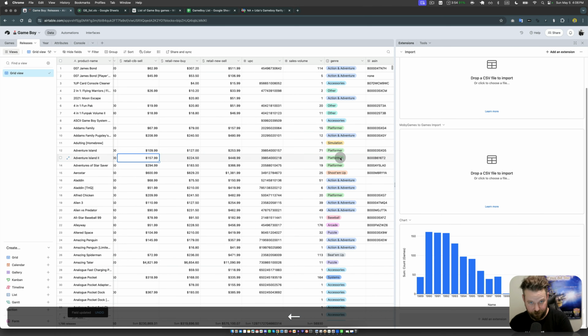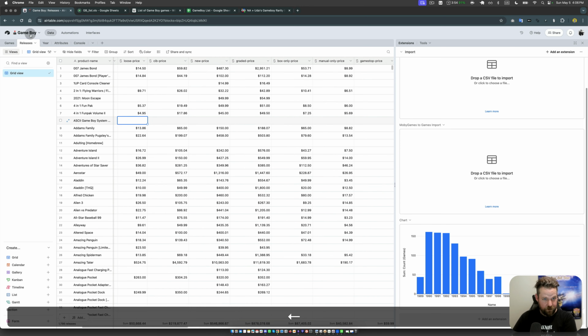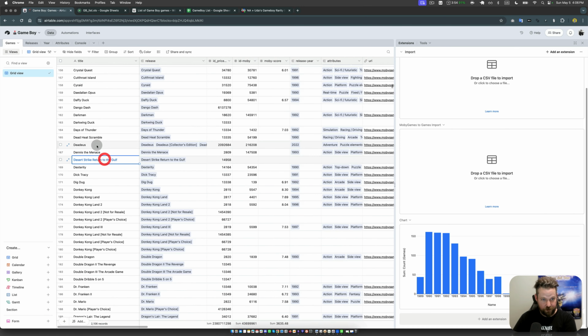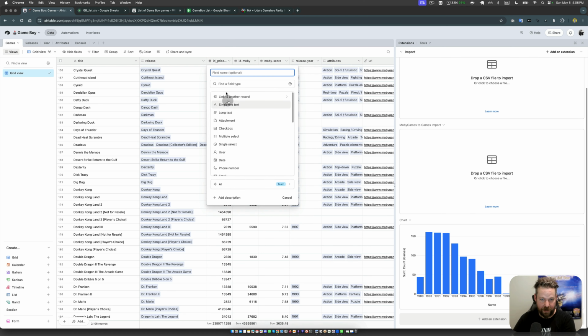Okay, so finished that. So now let's try and do something fun with this data. We've got stuff that's linked up. We've got these values underneath. So now I want to see the value of Daedalus, right? I want to see the average across all the different variants, and I want to count up how many variants there are. So the first thing I'm going to do is add a new field, and everything